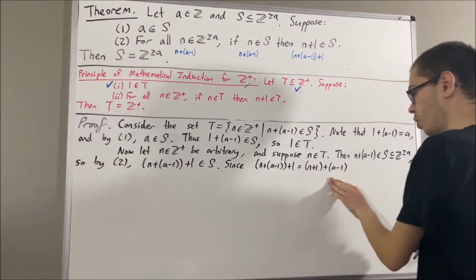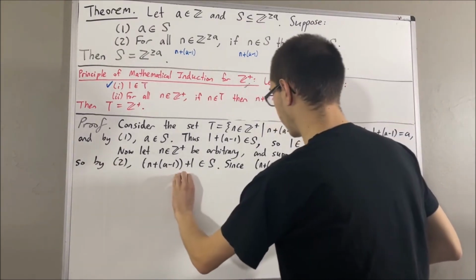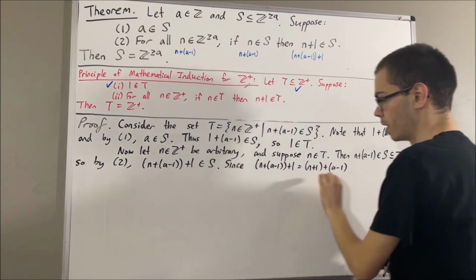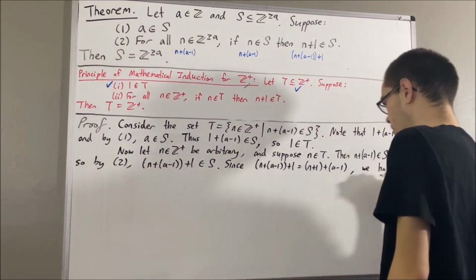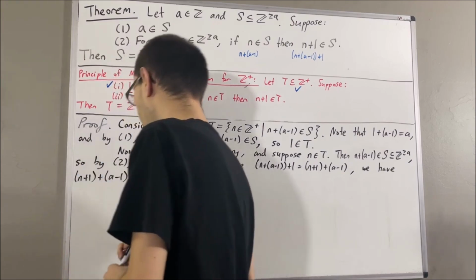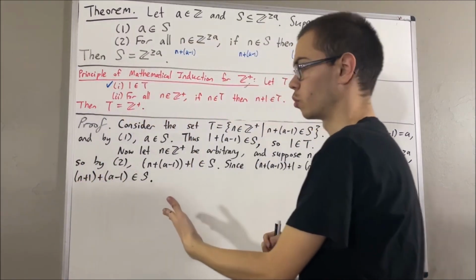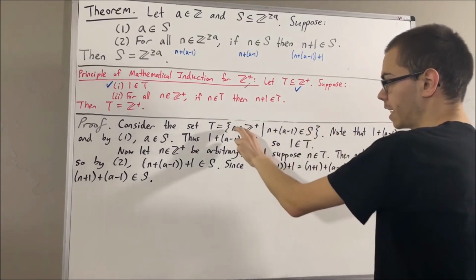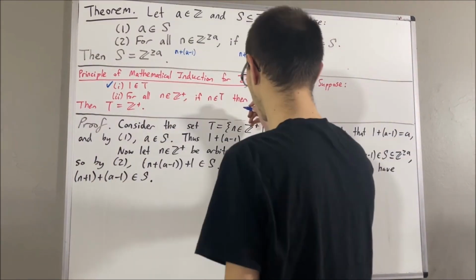So since these guys are equal, we can replace this guy with this guy. So we have that n plus 1 plus a minus 1 is an element of S. And now, this tells us that n plus 1 satisfies all the requirements to be an element of T, because if we take n to be n plus 1,